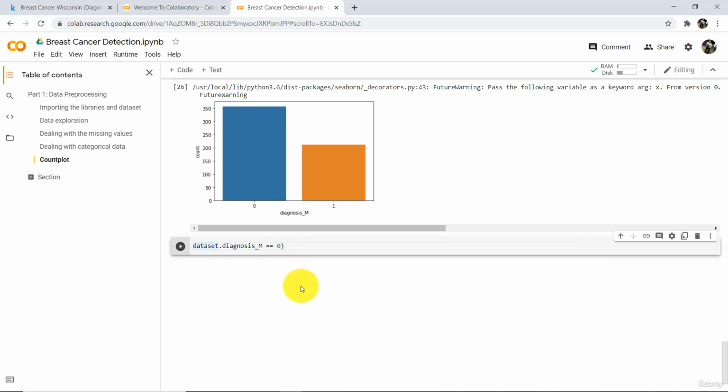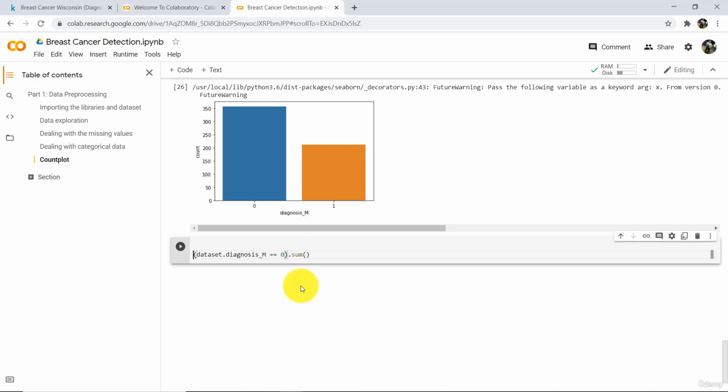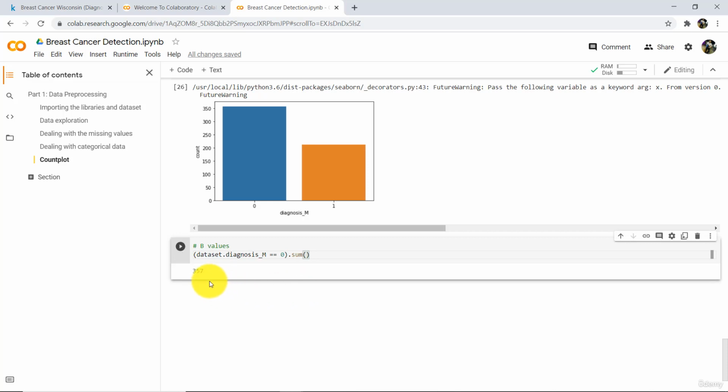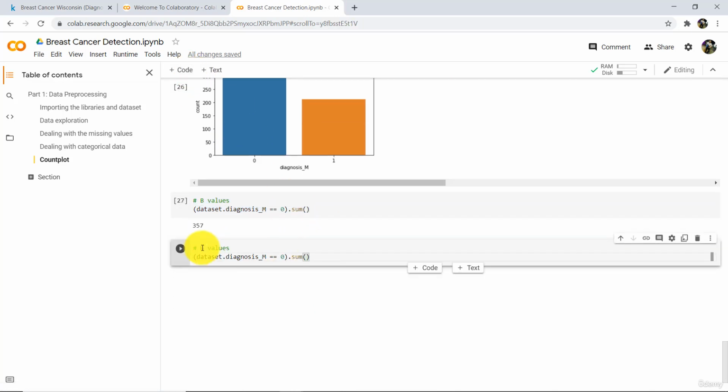Write this in a parenthesis, and after that dot sum. So we are getting all the 0 values, that is B values, count of the B values, right? Execute. So there are total 357 benign values,